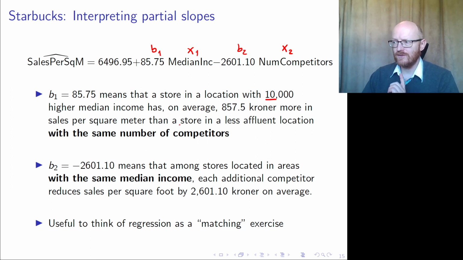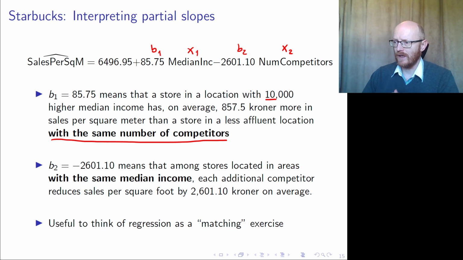That is only true with the same number of competitors. So this is the change on sales per square meter if you keep every other explanatory variable